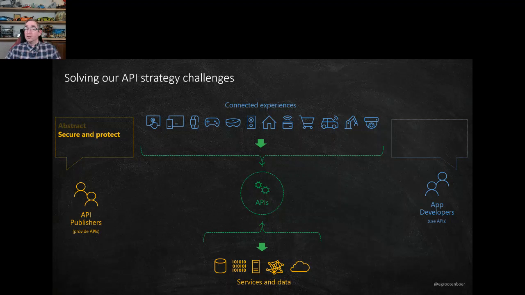Second, it needs to be secure and protected. The Gouders is an insurance company, which means they have a lot of sensitive data that they need to make sure is exposed in a secure and protected way. API management helps here as well. API management allows us to set up security on our front end, so over here on those connected experiences, and say to them, for example, I want you to authenticate using OAuth, or I want you to connect using certificates or basic authentication. So I can have one single type of authentication on my front end.